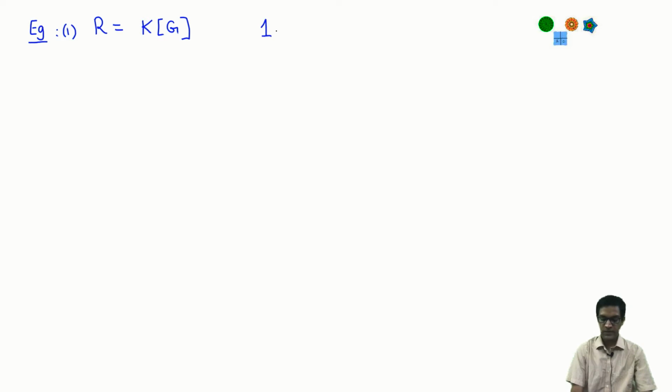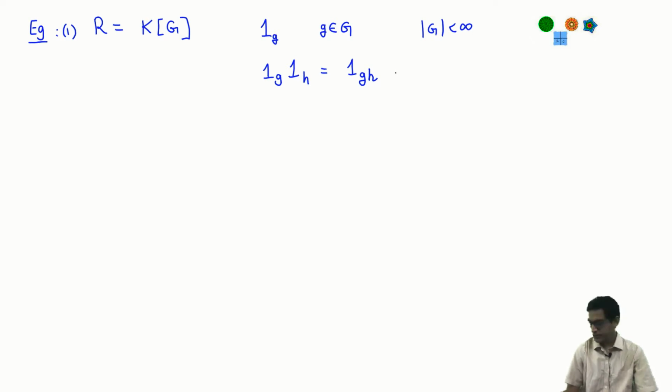As a vector space, it had elements which look like 1 sub G. These were the basis elements as G runs over the group G. Recall here I am taking G to be a finite group. So these form a basis of this space thought of as a vector space over K. But what's interesting here really is the ring structure. So we take 1G multiplied by 1H, we said, is 1GH. Look back on the lectures on the group ring to recall the definition.